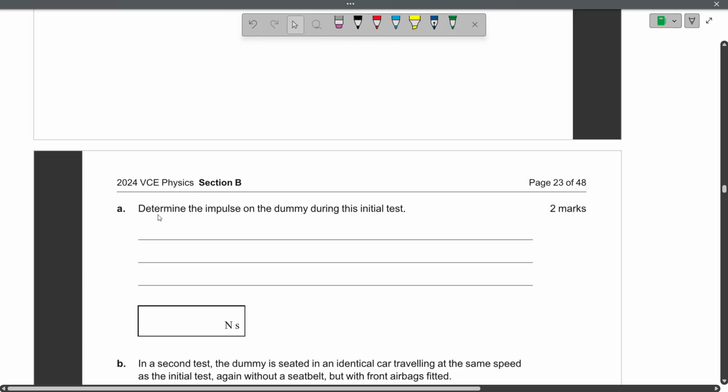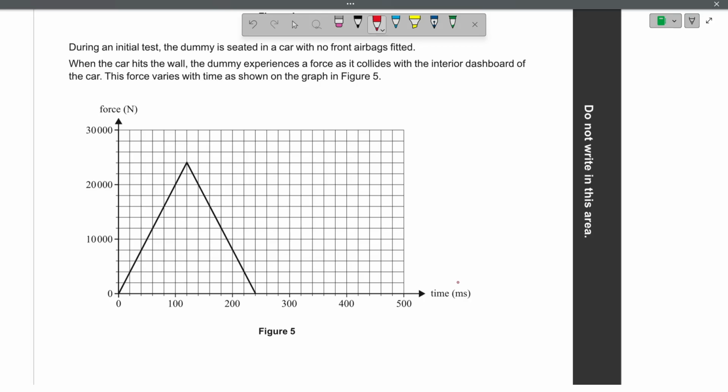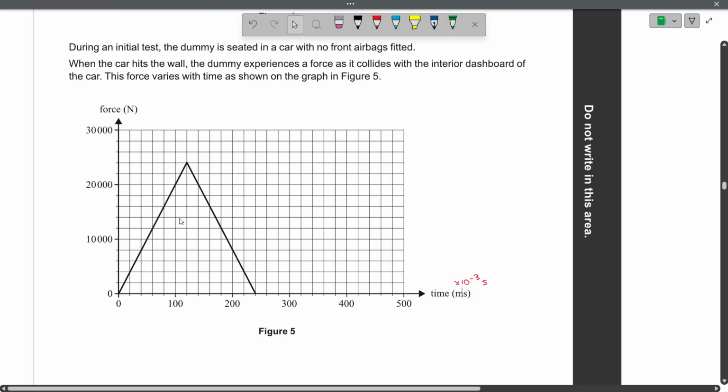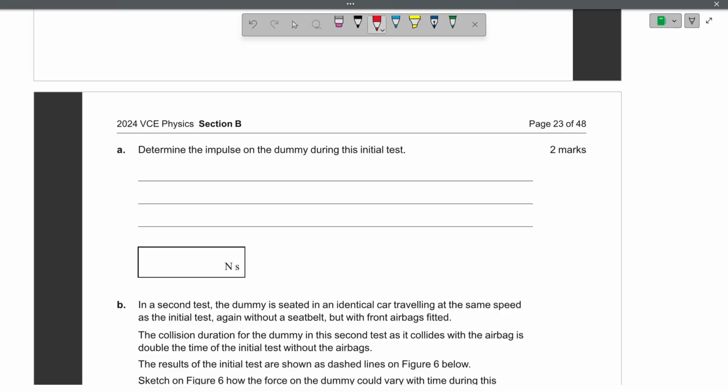Alrighty, part A. Determine the impulse on the dummy during this initial test. Looking at our graph, we have a force versus time graph. Just make a note, your time is in milliseconds, which is times 10 to the minus 3 seconds. When we have a force versus time graph, the area under the graph gives us the impulse on the object that this graph applies to. So that's all we're really going to be doing here. You can just say that the impulse equals the area,